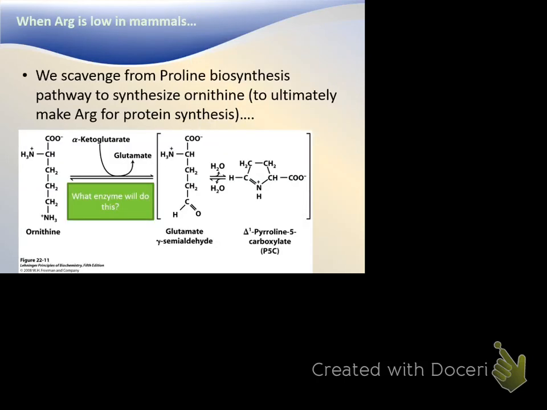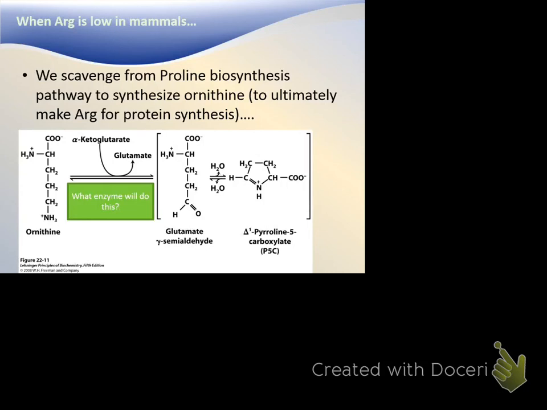However, when we are really needing to make arginine, we mammals actually scavenge it from proline since they were very similar. And so this goes back to that P5C, that next to last step from proline. Because chances are, if you're low in arginine, it doesn't make sense to try to make it from the urea cycle. Because if you're under urea cycle conditions, chances are you don't need arginine.